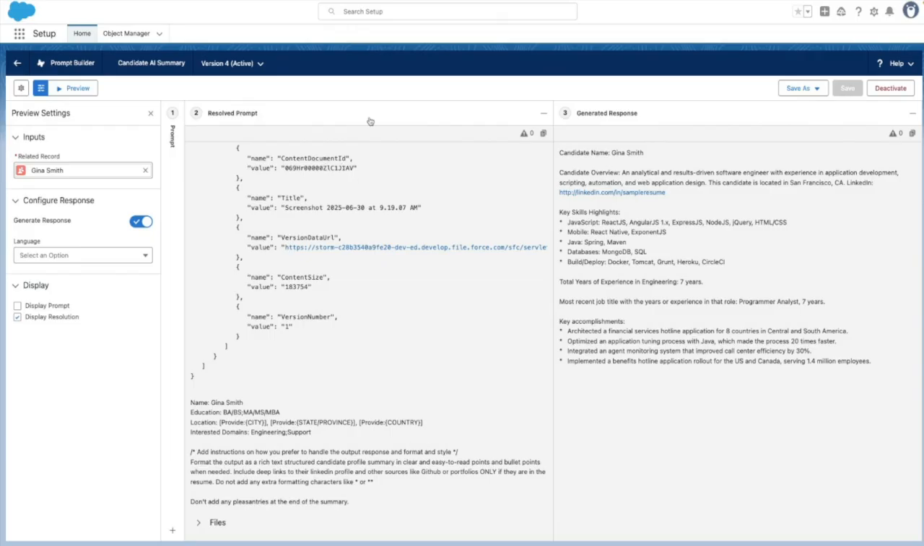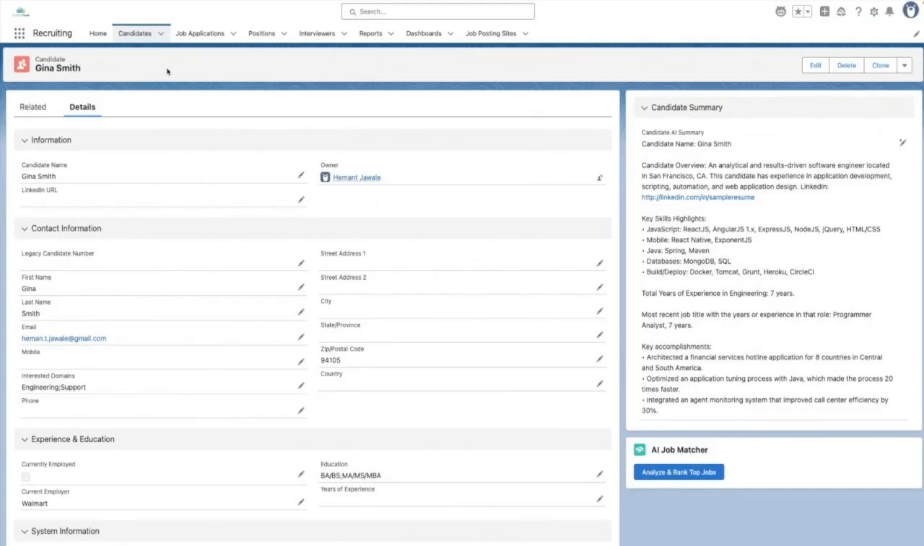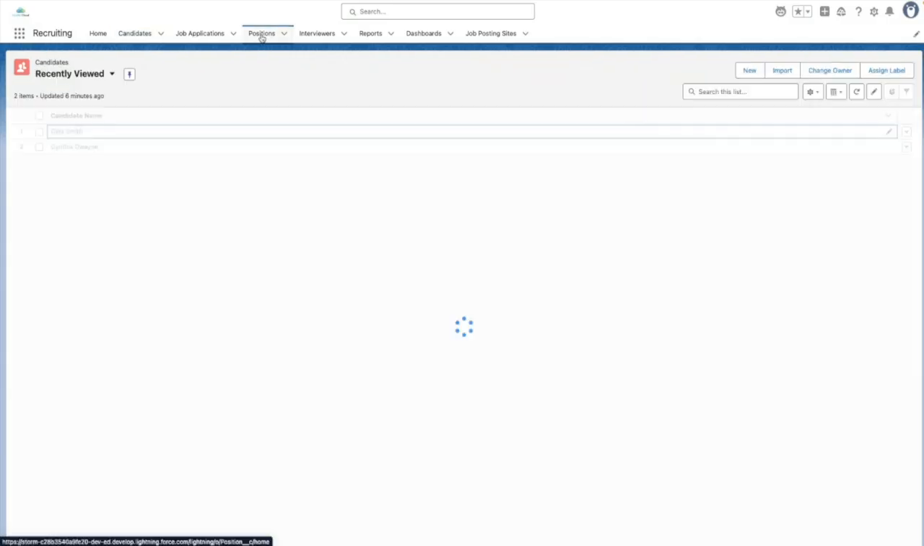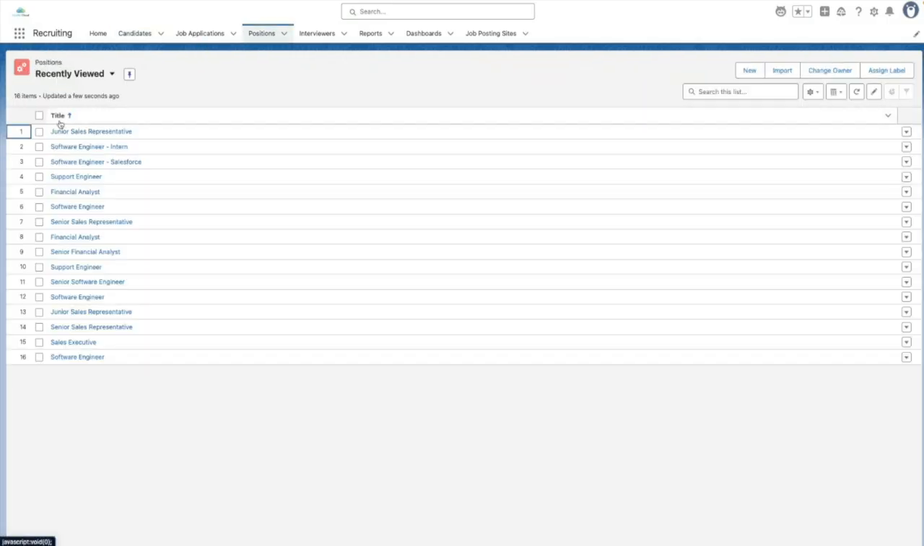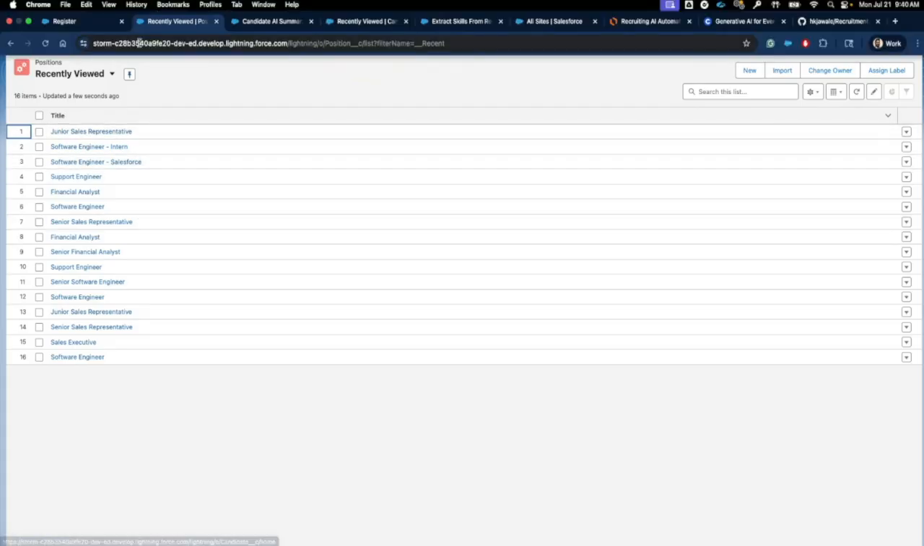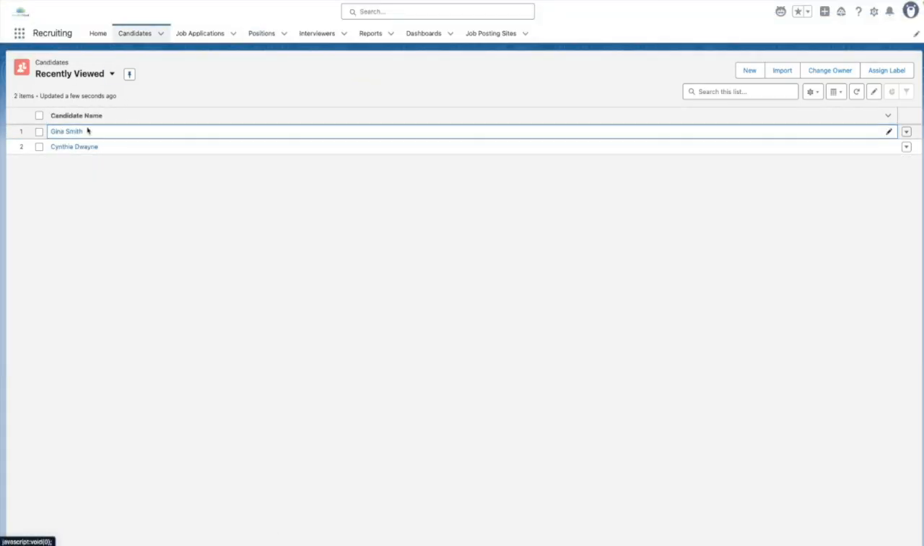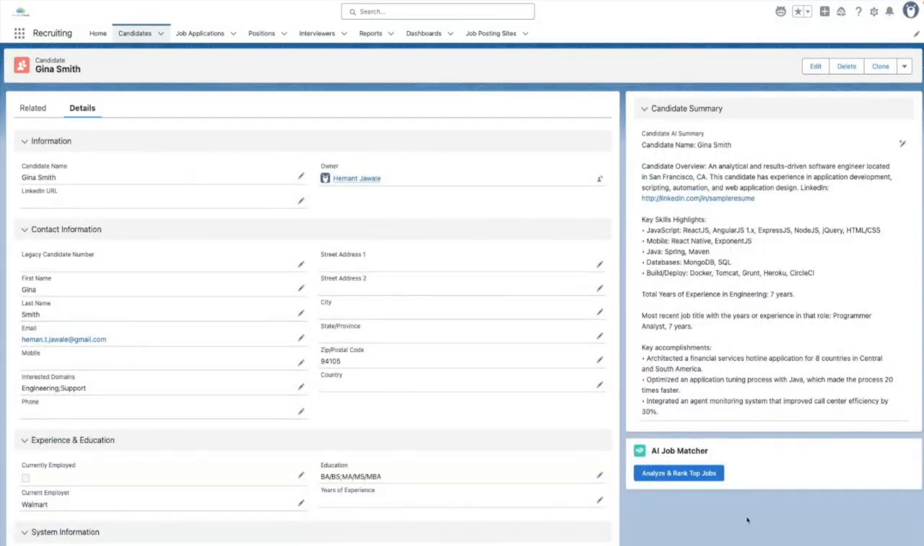Now let's look at the second use case, which is around matching jobs with the help of AI. We are back to Gina's record, and Arya now needs to match her profile to all the open jobs that we have. So we have an object called positions that has all these jobs, and some of them are open and some are not. So we can go back to the candidate's record, to Gina's record, and now we have